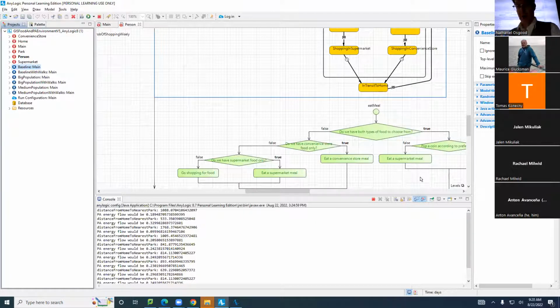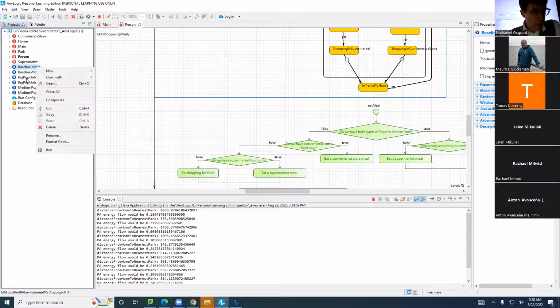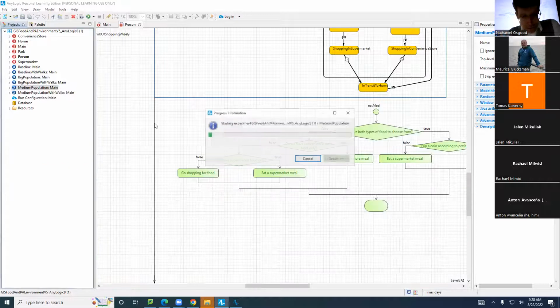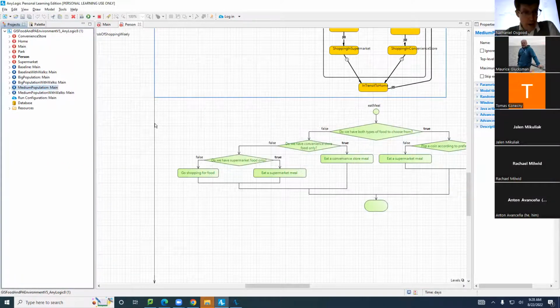It's a model where we can enact the rules in a way we could see their logical consequences. And in accordance with that, we see a variety of scenarios. These scenarios differ, for example, in the degree to which they involve walking going on to enhance physical activity. You can also see different population sizes. If we were to go run these, and I'm going to go, for example, run this medium population one, what we will see here is